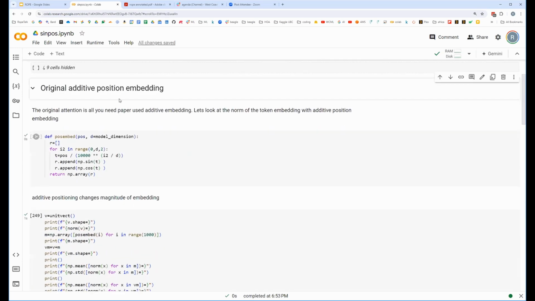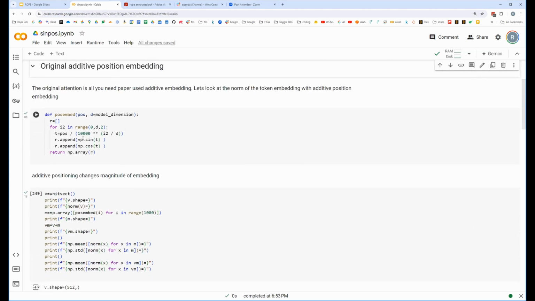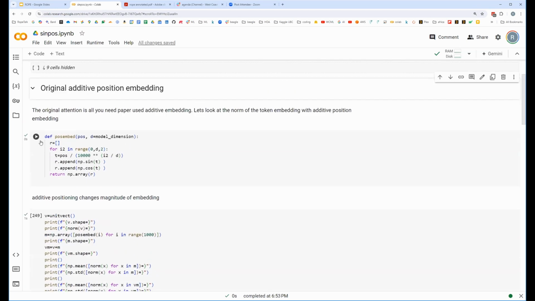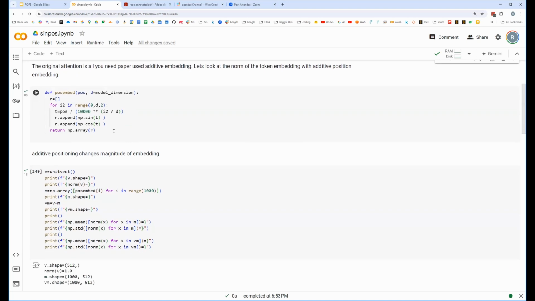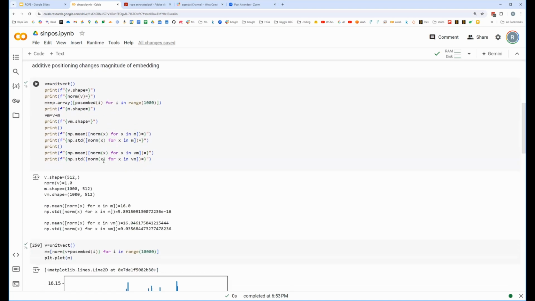So the original additive position embedding from the Attention Is All You Need paper was defined as adding sine and cosine on alternating odd and even dimensions. I think I've run all these, so I should be okay. So that's defined here. I tried to recreate, hopefully correctly, the equation, adding in sine and cosine. And I looked at how it changed. So this was something, when you add in this position embedding for this 512,